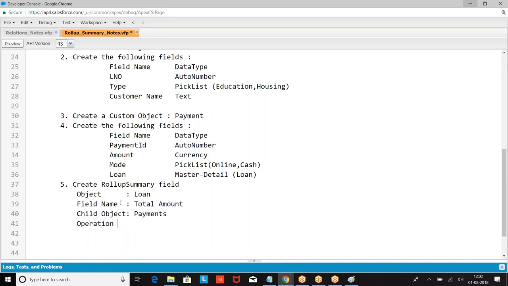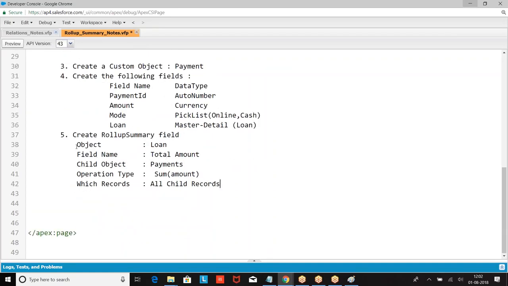Operation type, sum of which records. So create a roll-up summary field. Similarly, next.